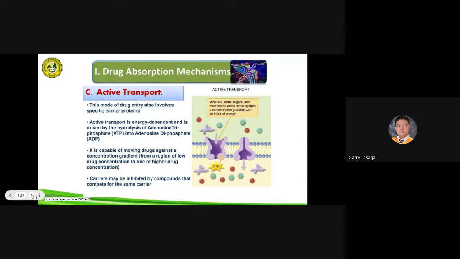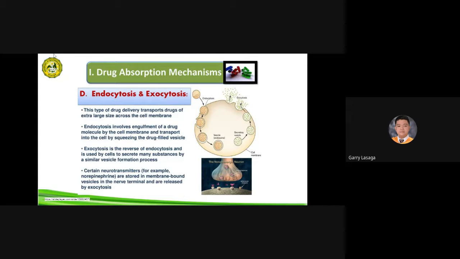Another type of active transport is classified as bulk transport mechanism. These are the endocytosis and the exocytosis. So this type of drug delivery transport transports drugs of extra large size across the cell membrane. So in endocytosis, this involves the engulfment of a drug molecule and transport into the cell by